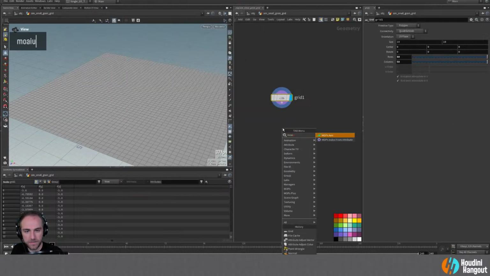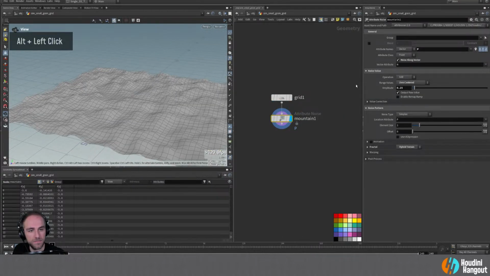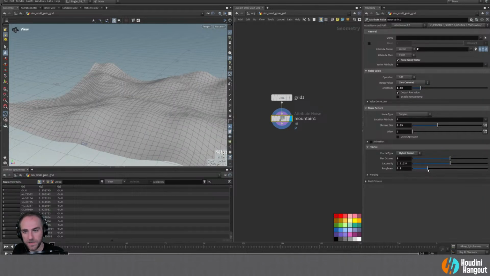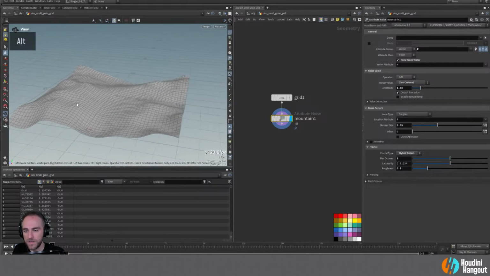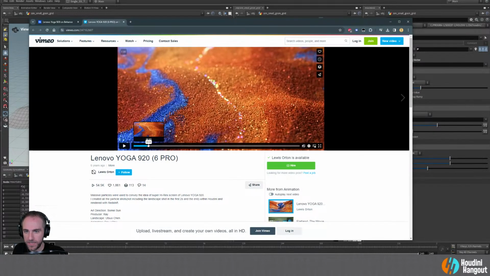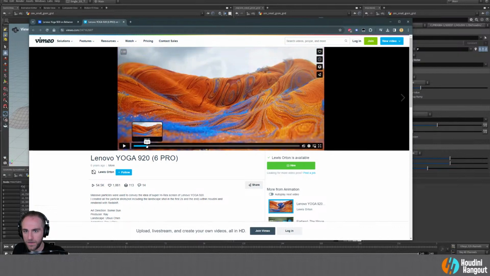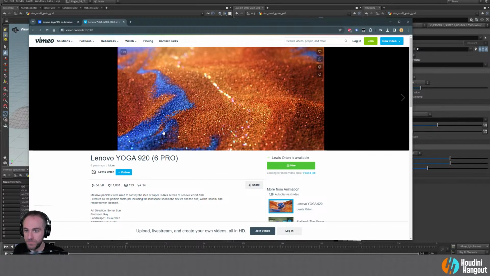Let's do something like that. Let's do a mountain. Grab something interesting here. Let's make the element size a bit bigger, a little bit more amplitude. Let's turn the fractal roughness down. Okay, cool. Looking good. All right, so what we want to do here, I just want to look at this again just to check. Yeah, it doesn't look like the base geometry is really moving all that much. It looks like we've got maybe some other stuff happening here. So that's cool. That's fine. All right, let's turn